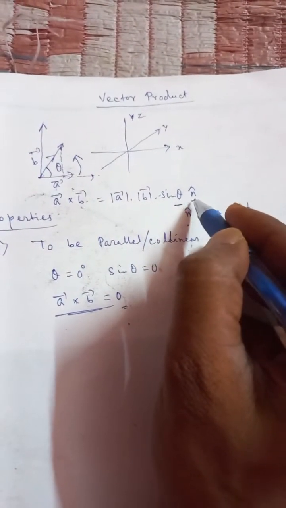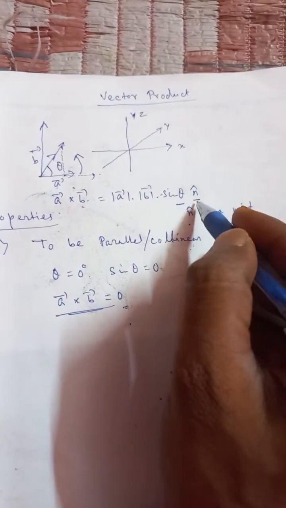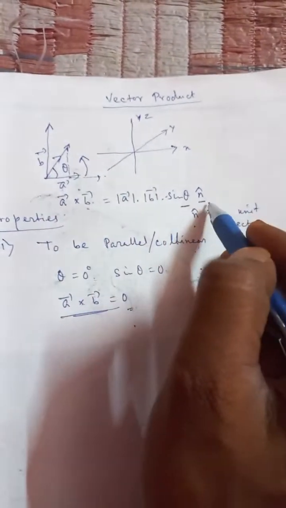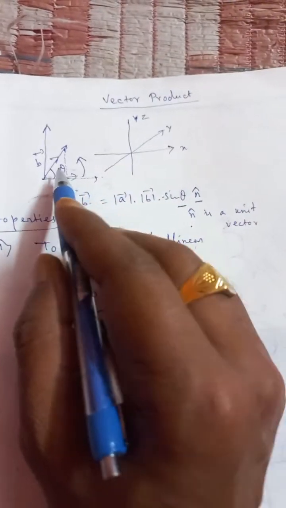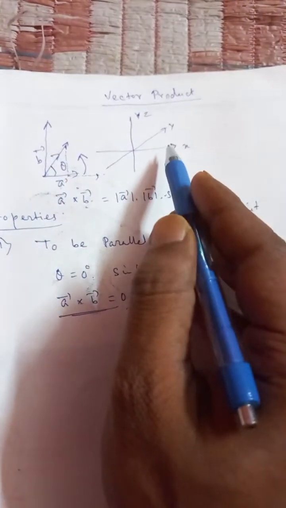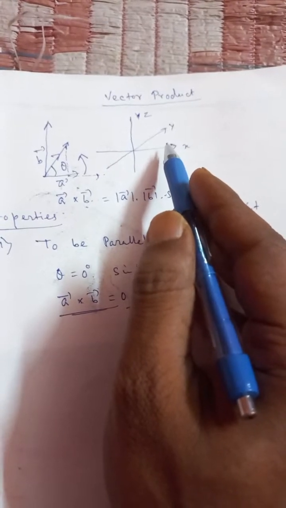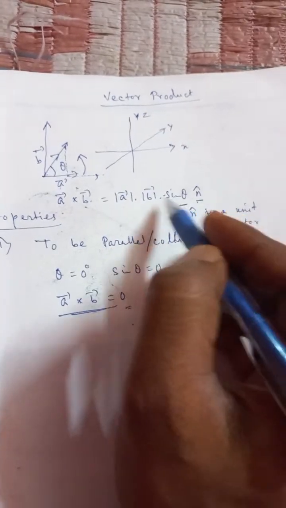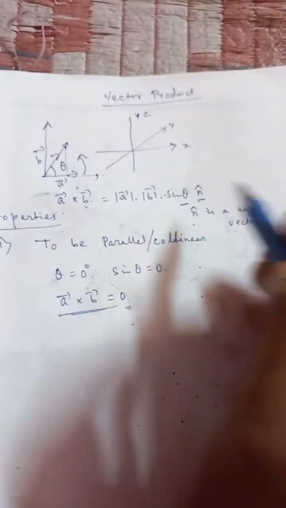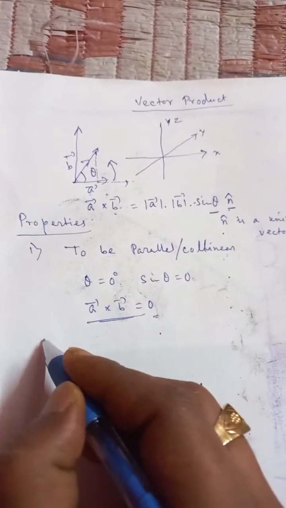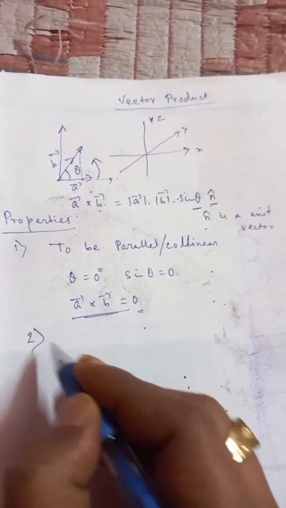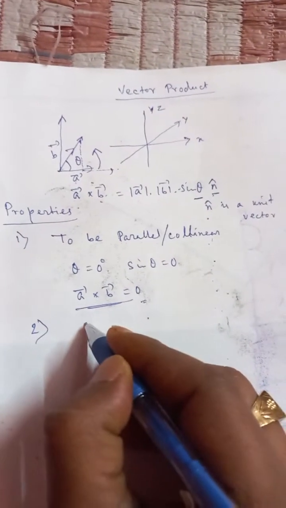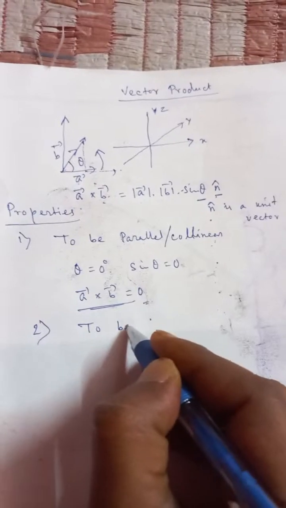This direction can be represented through this unit vector, whose modulus is 1, and it applies along the perpendicular to the two vectors lying in a plane. Then the unit vector applies perpendicular to it. Now, for two vectors to be perpendicular,